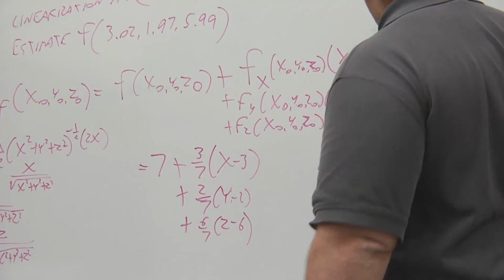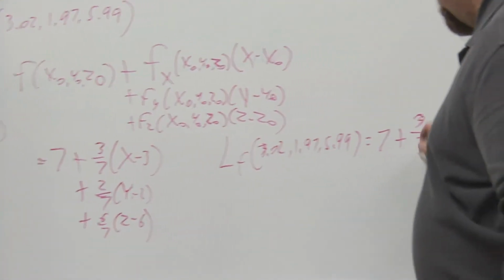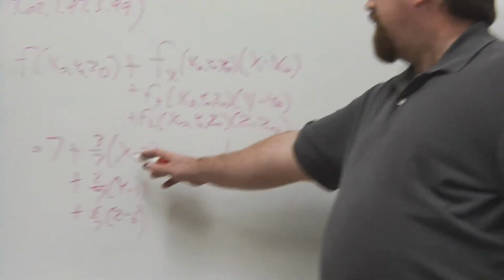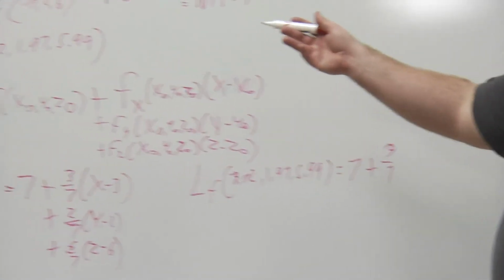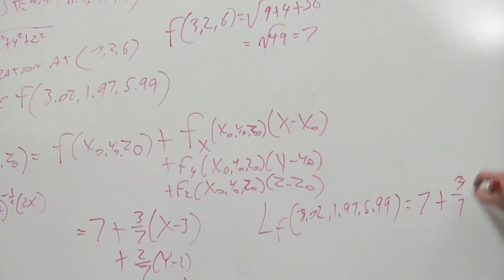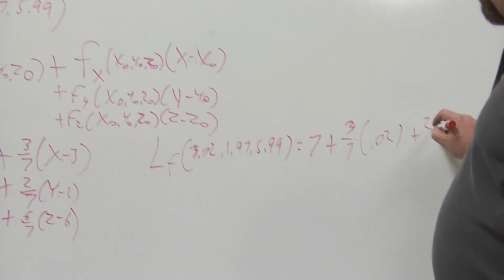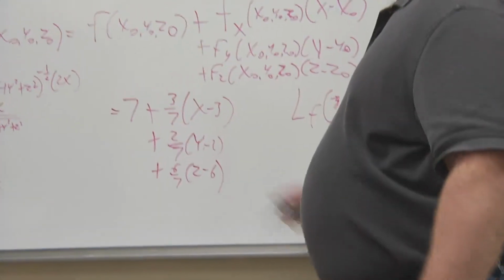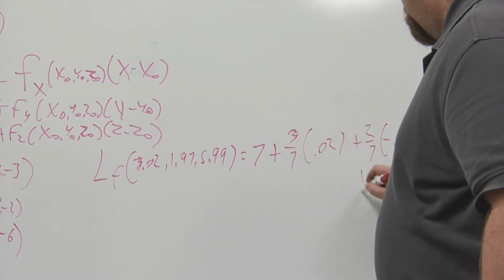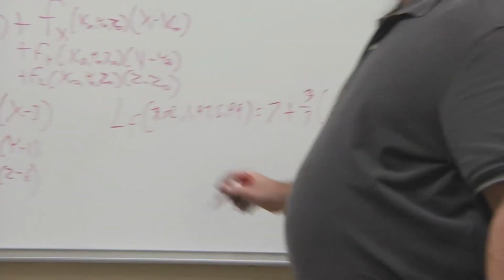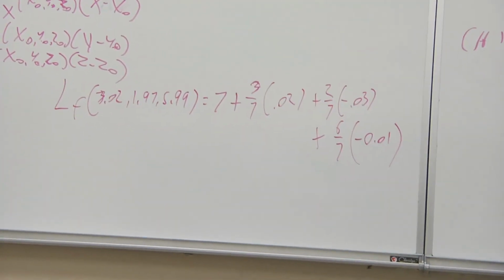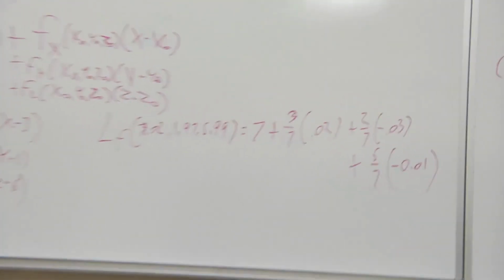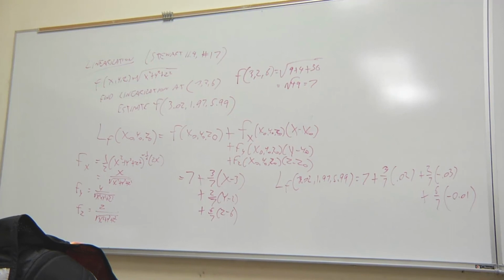That's going to be equal to 7 plus 3/7 times the difference between the x value at your new point and the x value at the old point, so 0.02, plus 2/7 times this minus 2, so minus 0.03, plus 6/7 times this minus 6, so minus 0.01. So once you work all that out, then you get